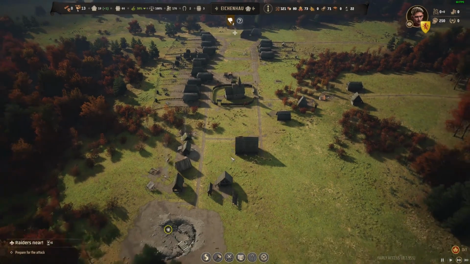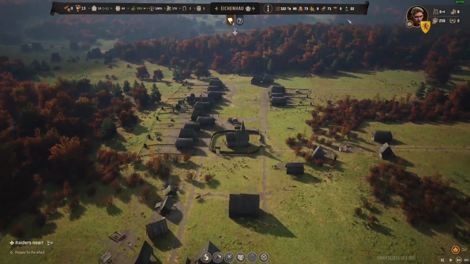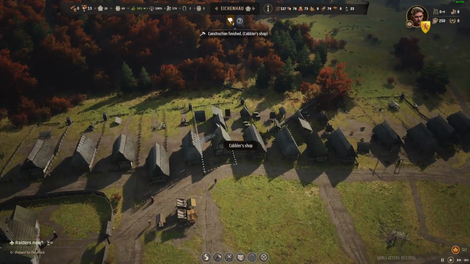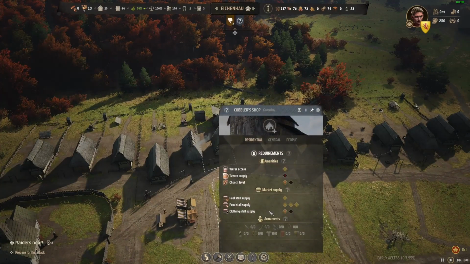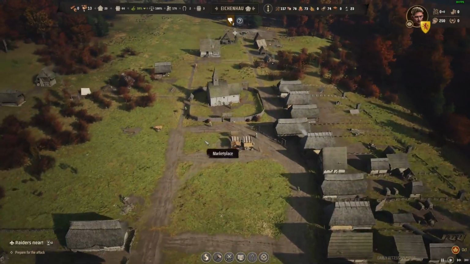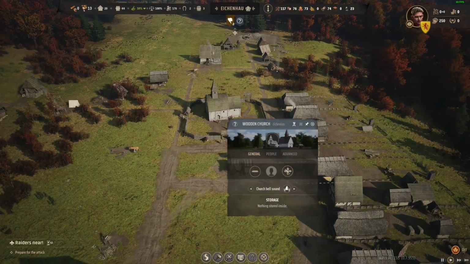I do want to start building my church. 45 days to the raid. 22 warbows. The cobbler's shop is now finished, so that will produce shoes, which will provide our second clothing variety and help the approval rating go up. We're also going to now...